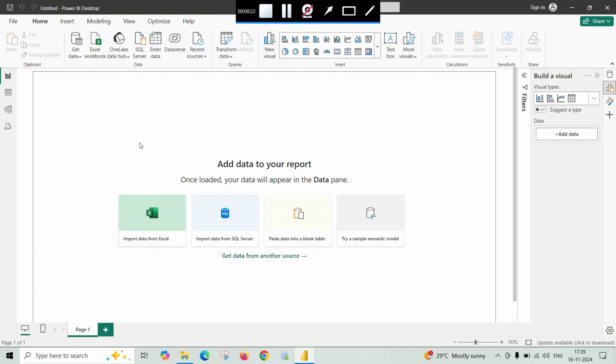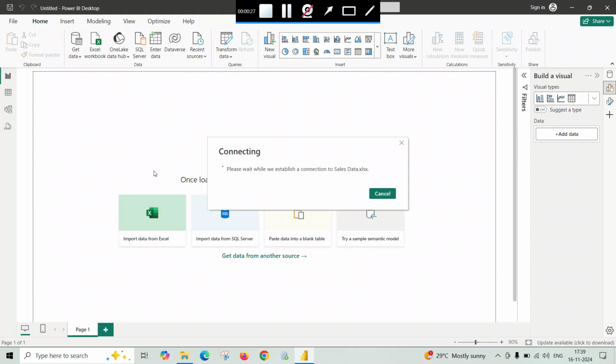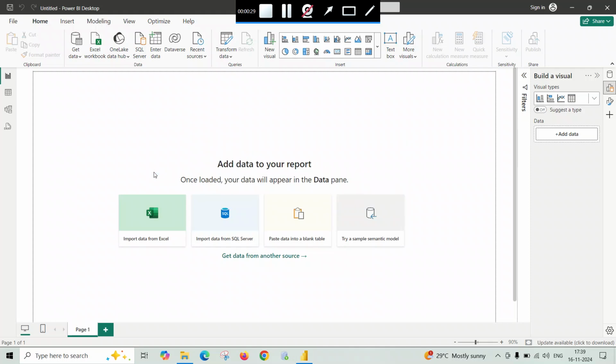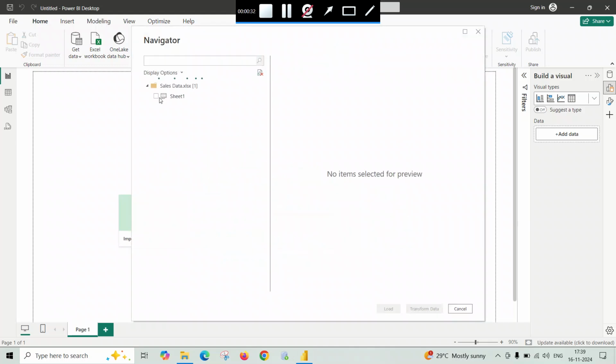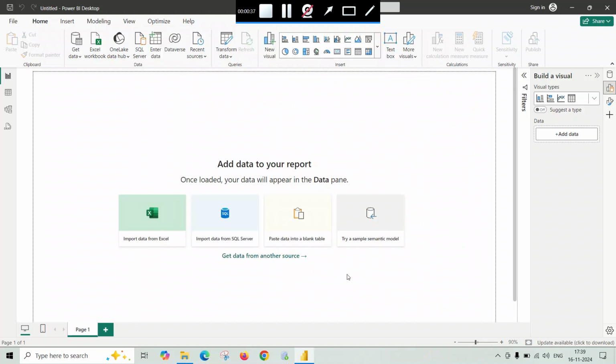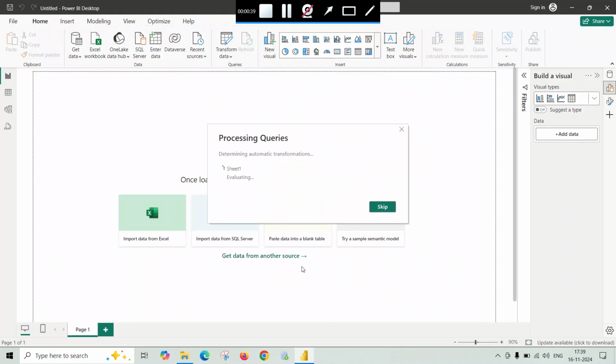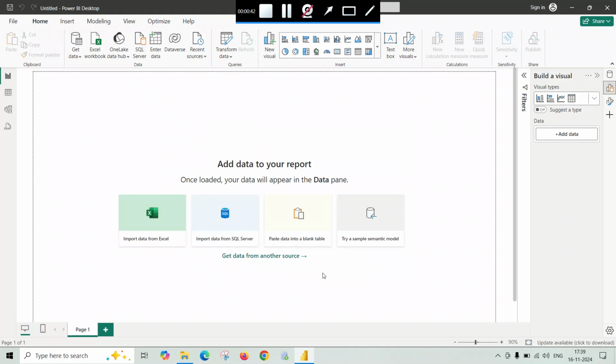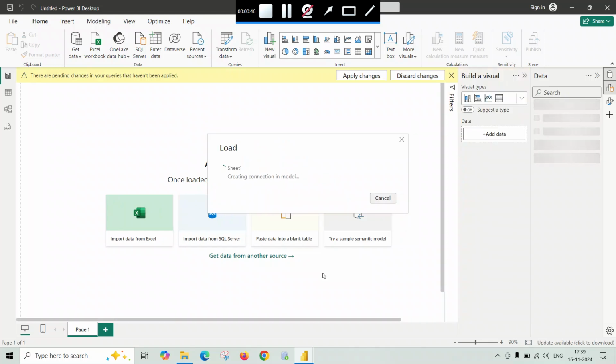First, we upload the data. File name is sales data. Select the sheet. Click on the load button. It will take a few seconds to upload the data in Power BI Desktop. So here, as we saw in the last video,